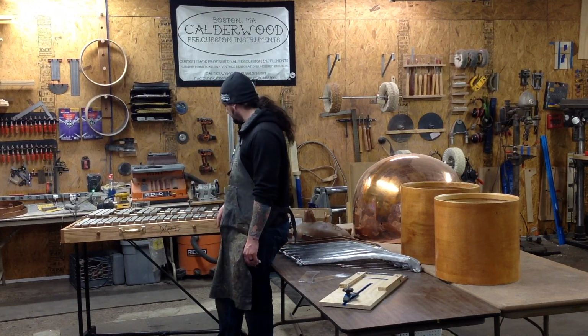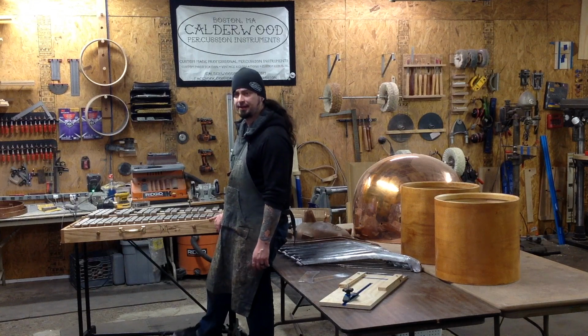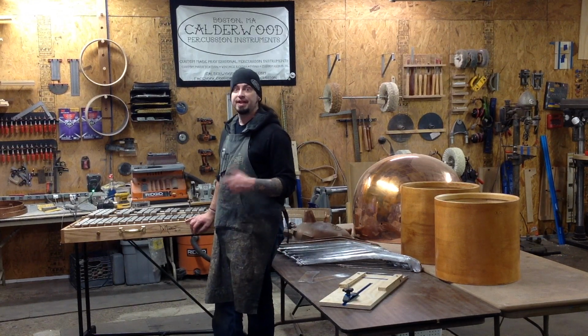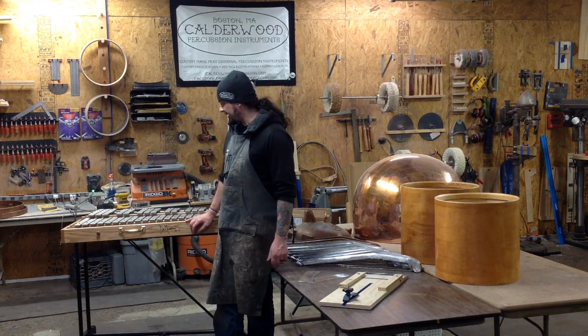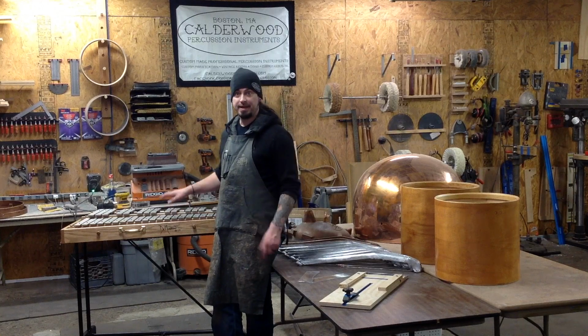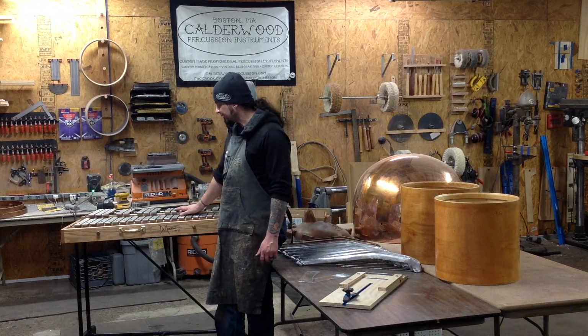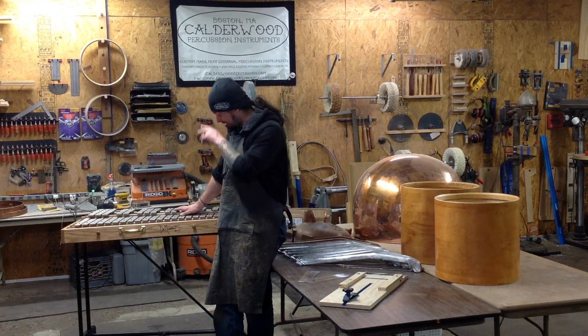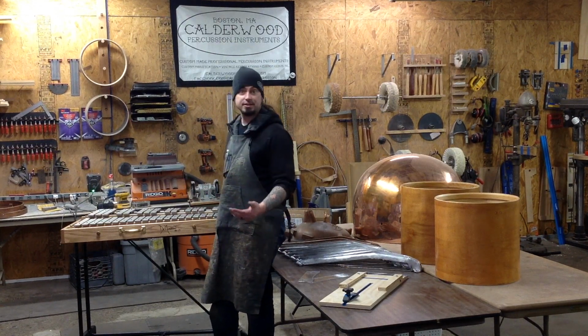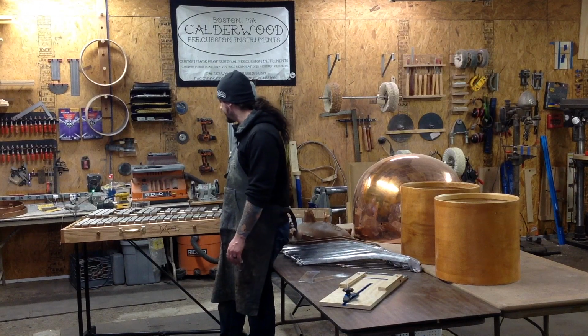And he had a couple of these Yamaha marimba frames from instruments that they have at the school that they've switched over to field frames. And so he asked me if I could use the parts from this Yamaha concert frame to make a frame for this instrument. So I grabbed those and I welded up a base for this using just steel angle iron,